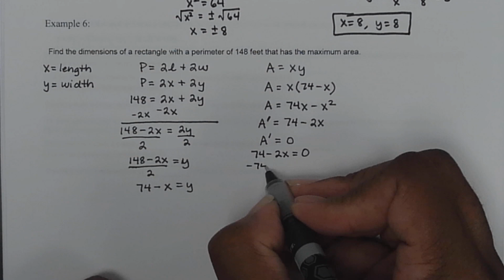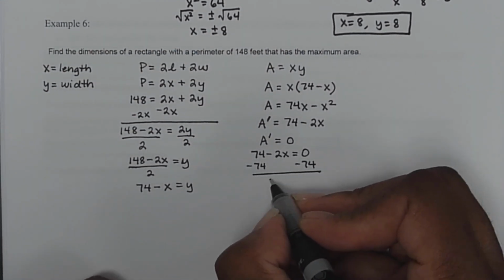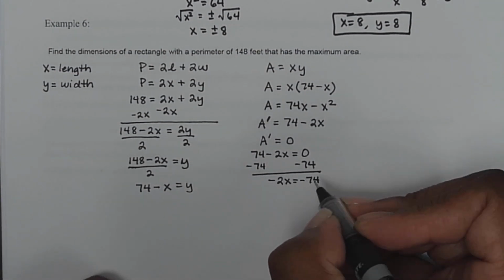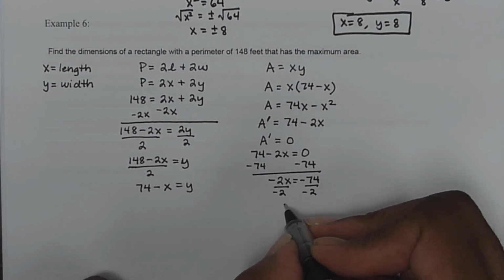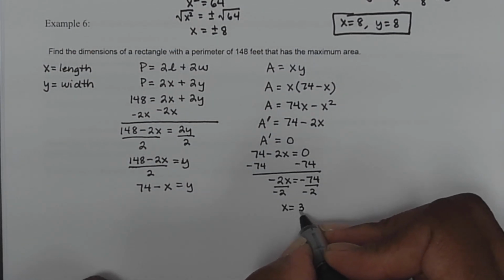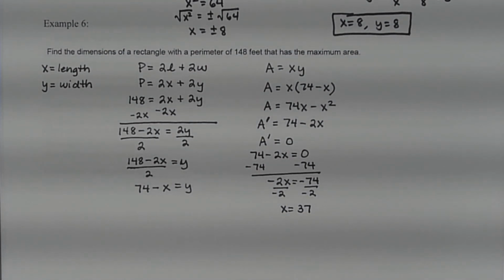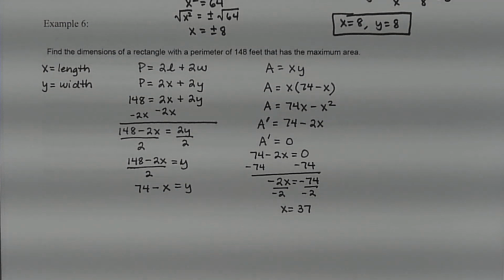And if I subtract 74 on both sides, that means negative 2x is equal to negative 74. Then divide both sides by negative 2. That means x is equal to 37. So I know my length is going to be 37. But to verify that I do have a maximum area,